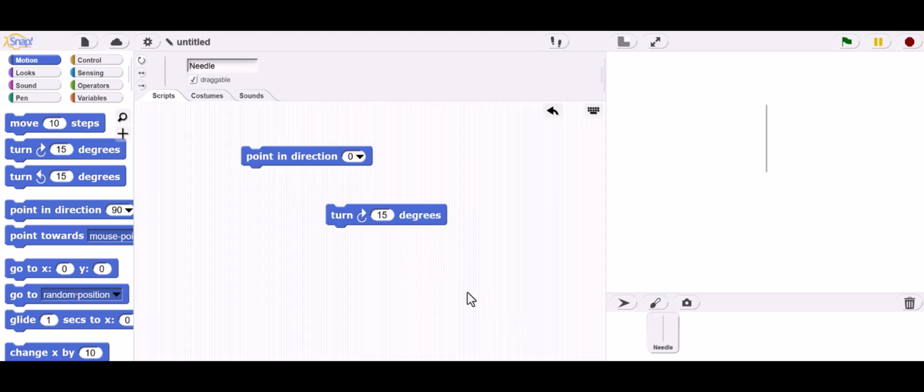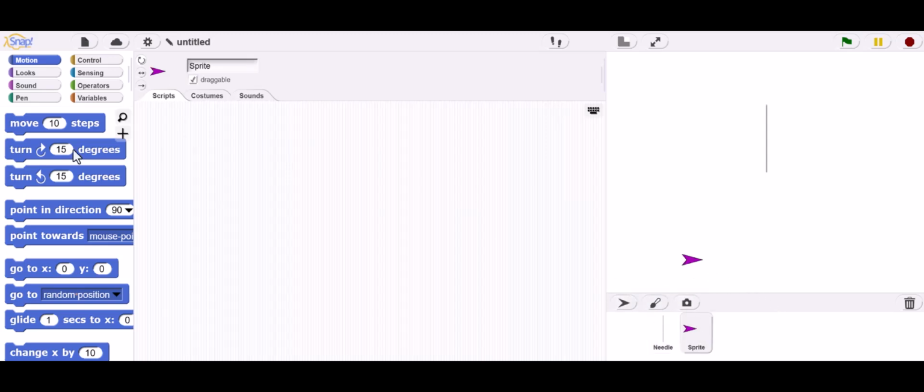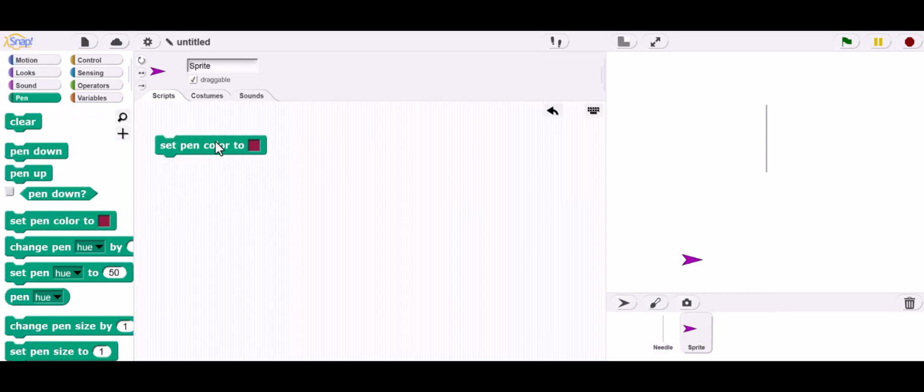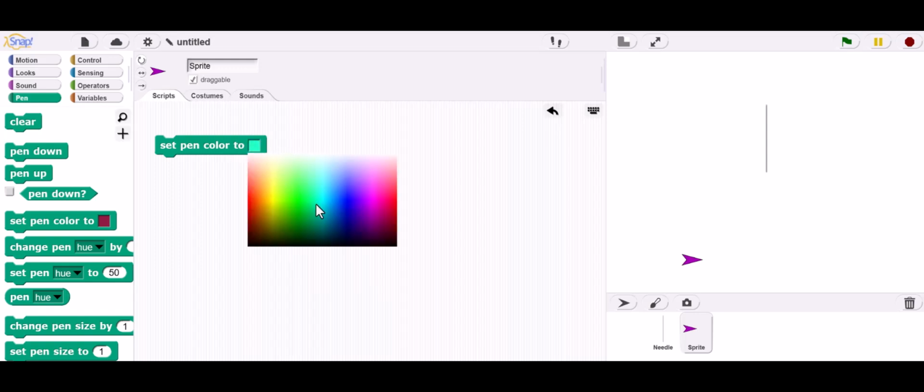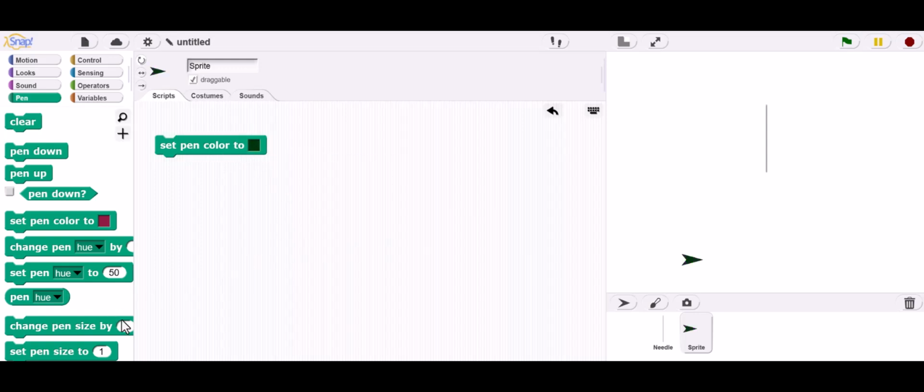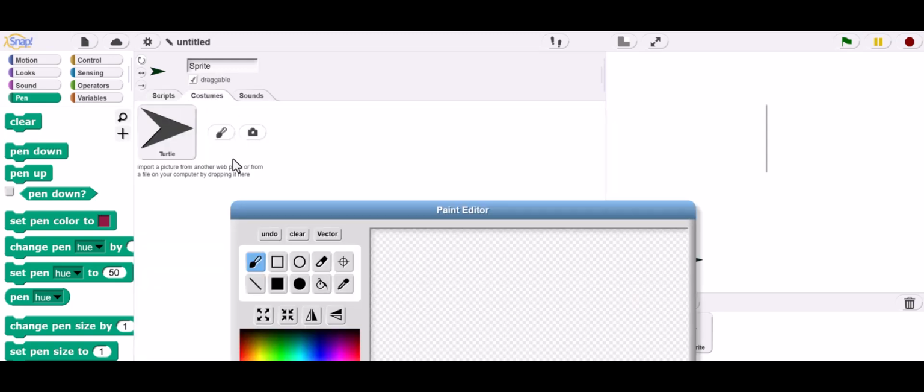The line can also be used if I add a second sprite to draw the half circle of the gauge. And I'll create a second sprite that we'll use as a stylus. I'm going to change the color of this to black. And since I like the pen size of my half circle that will form the gauge to be a little thicker, I'll give it a thickness of 2. And at this point, I can go into the costumes and edit this manually. Pick black, make a circle,